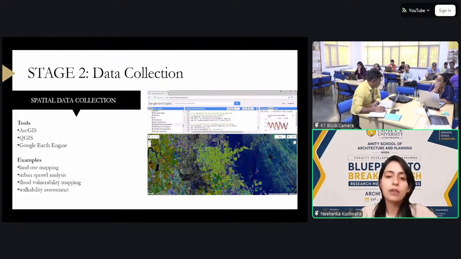For instance, we have Google Earth Engine, you have ArcGIS, you have QGIS. People are working around it with so many data layer sets, and they help you to produce land use mapping, urban sprawl analysis, flood vulnerability mapping, walkability assessments. And this is something you are able to do in real time because of the input into the real